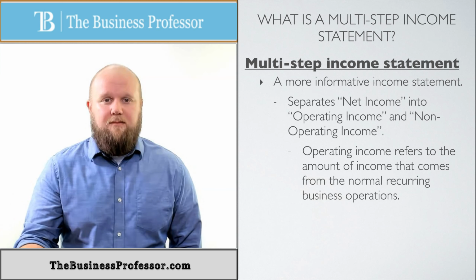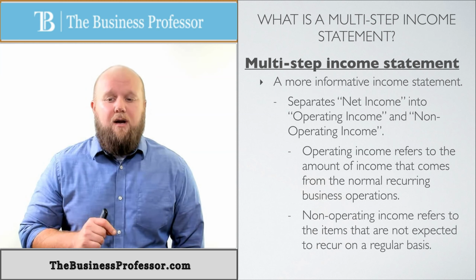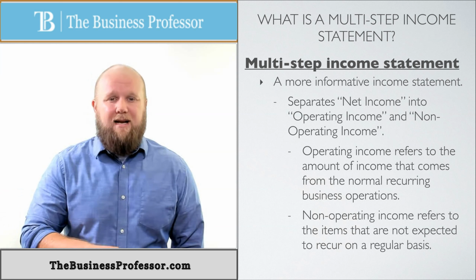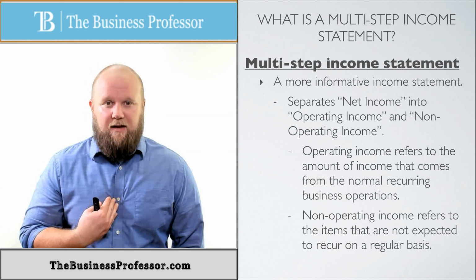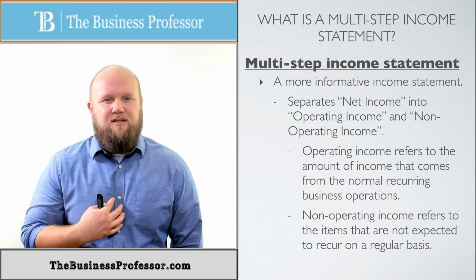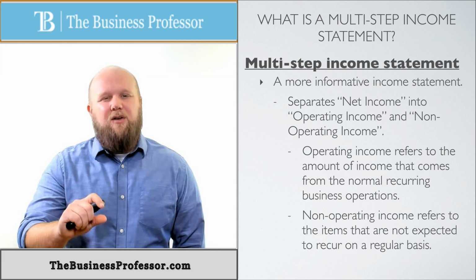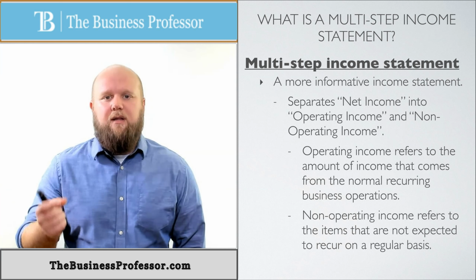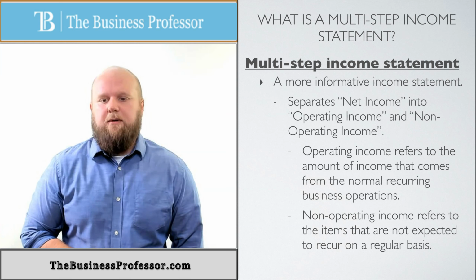On the other side, you have non-operating income, and these refer to items that are not expected to recur on a regular basis. These are things that are kind of like one-off. They happen this year, and I can't expect them to happen year after year because they're not part of my normal business. If I purchase some land just to sell, but I'm not in the real estate business, that's something that's only really going to happen one time. And so therefore, I got to show my investors, hey, don't expect this every year. This is just a one-time thing. I made a large amount of money off of Bitcoin this one year. Don't expect it next year. Okay? And so that's what this is dealing with.